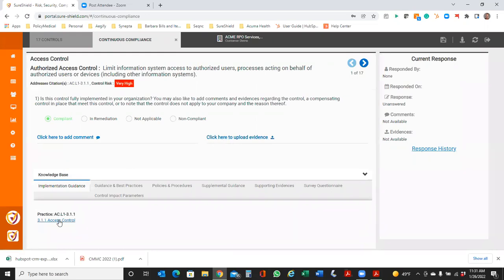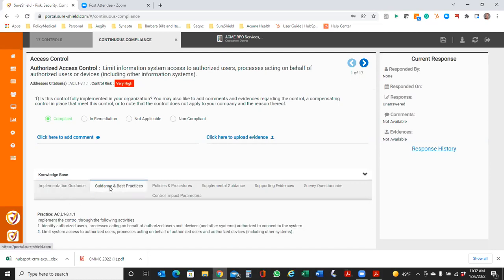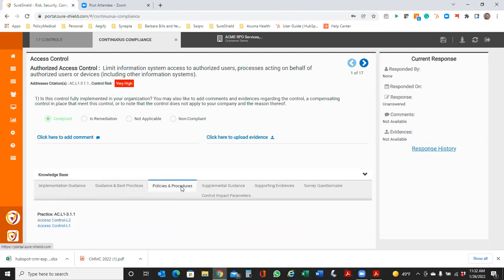You'll also note down here that we give a lot of guidance as well on how to comply with this. So there's practice guidance around that access control, implementation guidance. There's guidance and best practices that can be looked at to help you understand how to meet this. We have policies and procedures that are attached to those controls. I will touch on that as well.